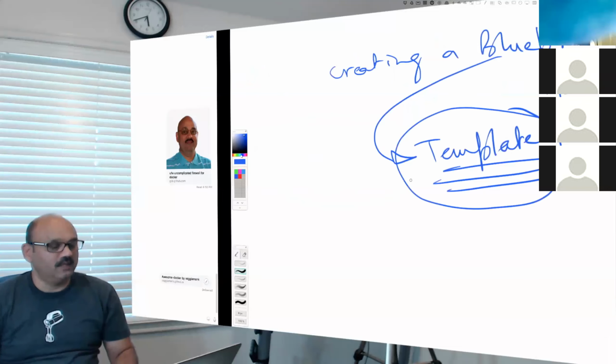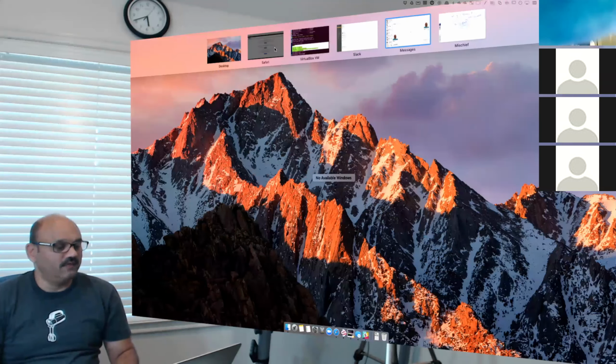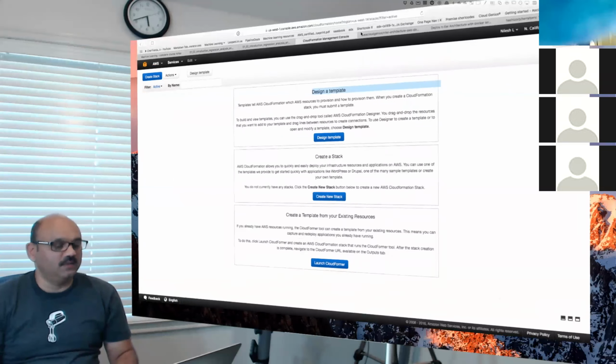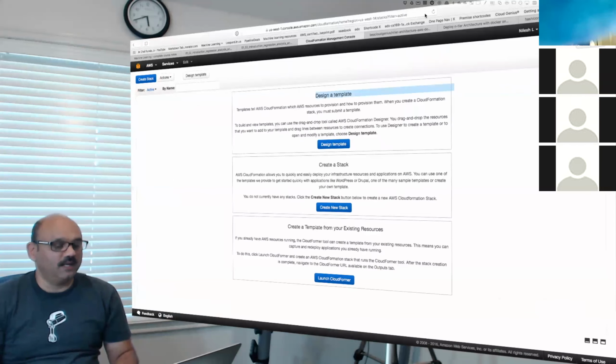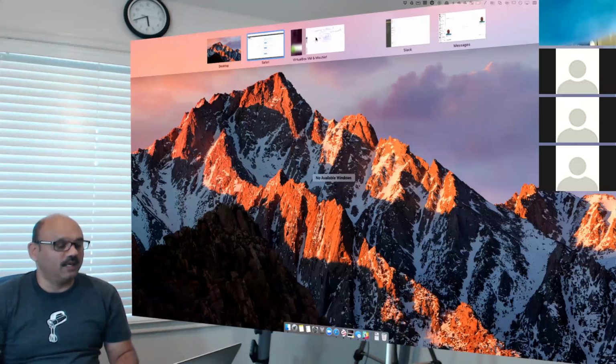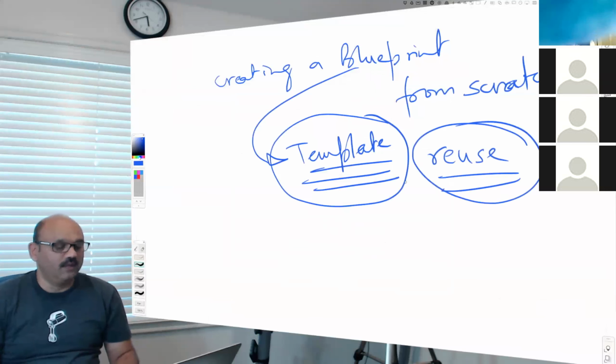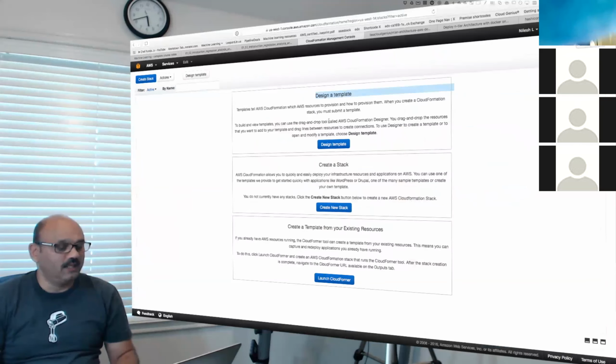That's what this very first button, design a template, basically means: you create a blueprint that you can iterate on top of and reuse over and over again. That's what a reusable template is.